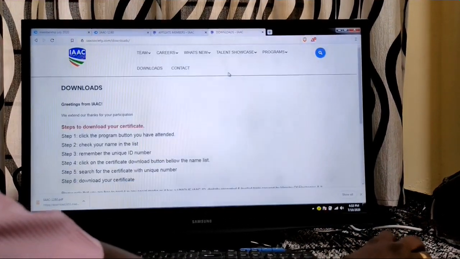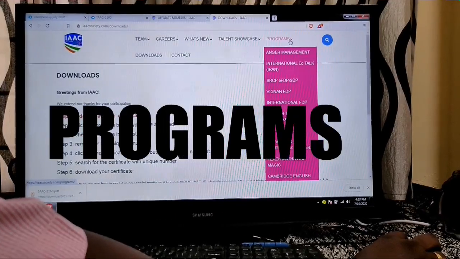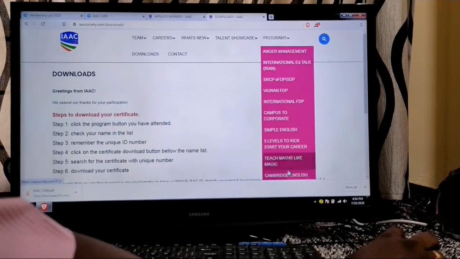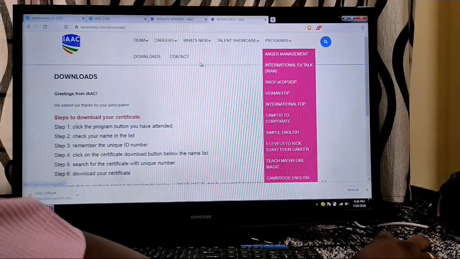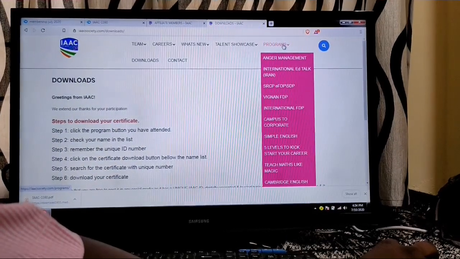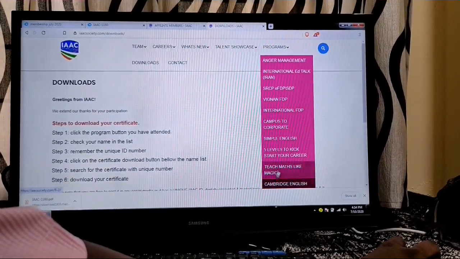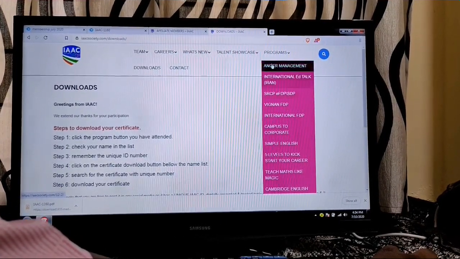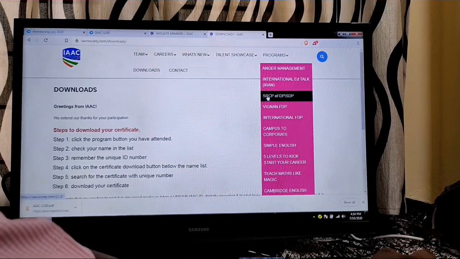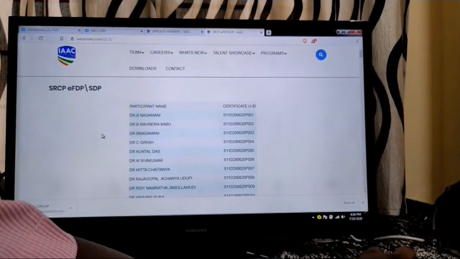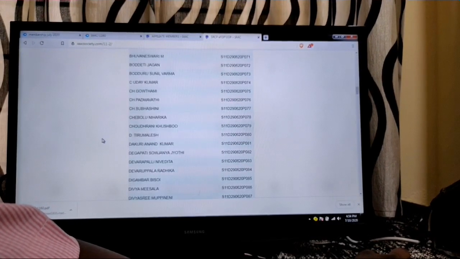You can also see a button called programs. These are all the programs that were already hosted by IISc. You can also view each and every program from here, and these are the programs that are going to be conducted. So if you look into programs, let me take an example. Say, for example, you want to see a program on what SRC people have done through IISc. This was a free program, a 1 week FDP, and these were all the participants.